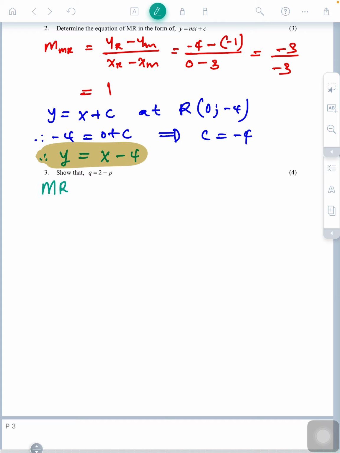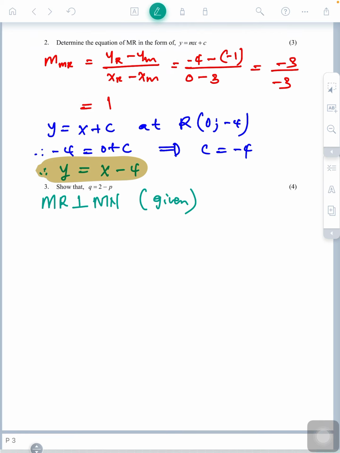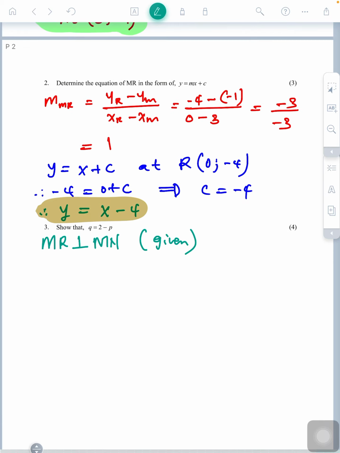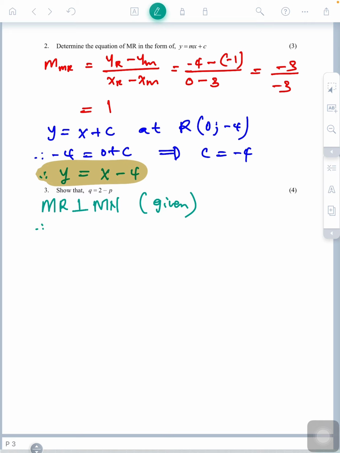MR is perpendicular to MN. The reason this one was given to us, so we write given in that case. So we know the gradient of MR is the one which we found. So this means that the gradient of what? Of MN